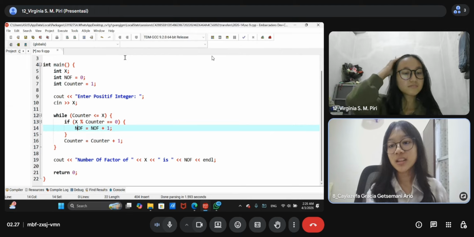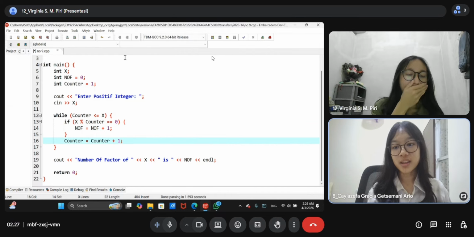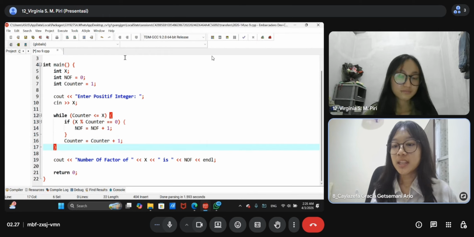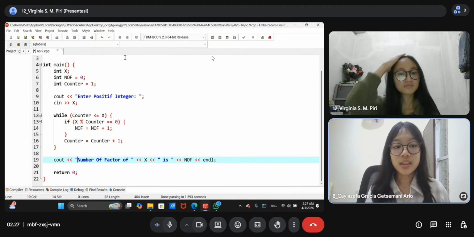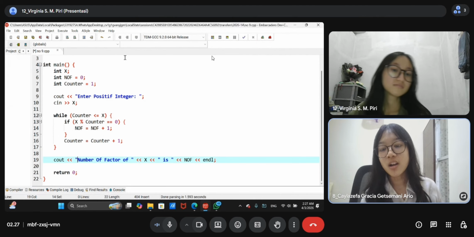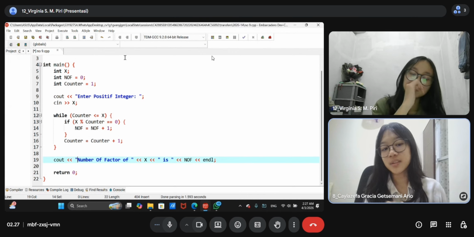And if not, the counter is still increased by 1. And then the output is the number of factors of the number that the user input. And then we type return 0.